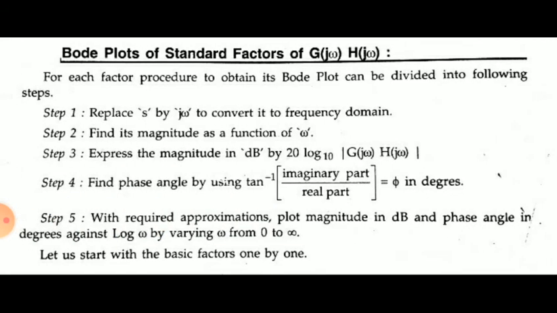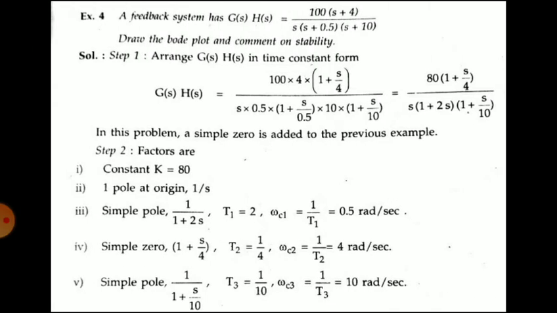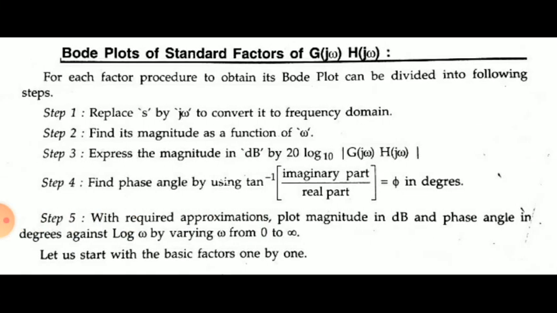Then Bode plots of standard forms. Step number 1, replace s by j omega to convert it into the frequency domain. Step 2, find its magnitude as a function of omega. So here the magnitude is found out, with T1 equal to 2, T2 equal to 1 upon 4 and T3 equal to 1 upon 10, after putting s equal to j omega. Step number 3, express the magnitude in dB by 20 log to the base 10 of mod of G(j omega) H(j omega),